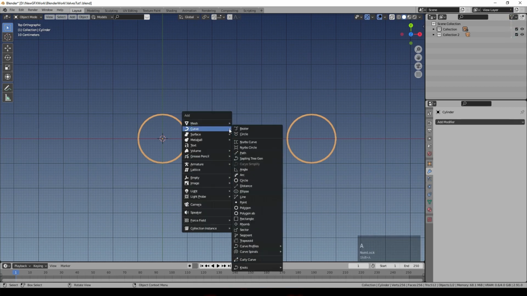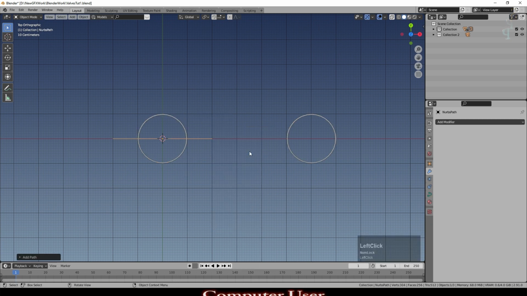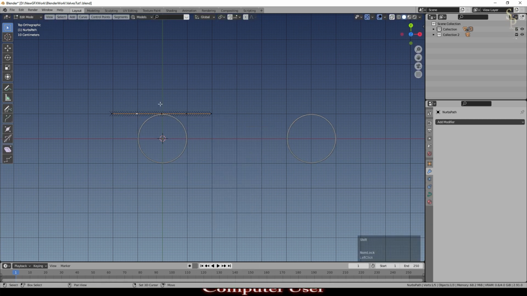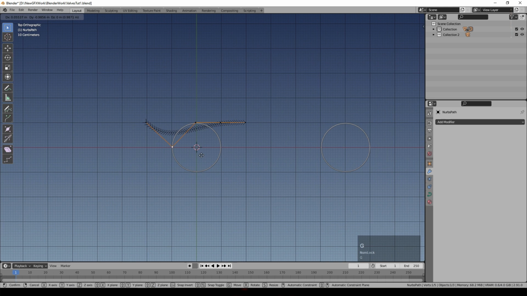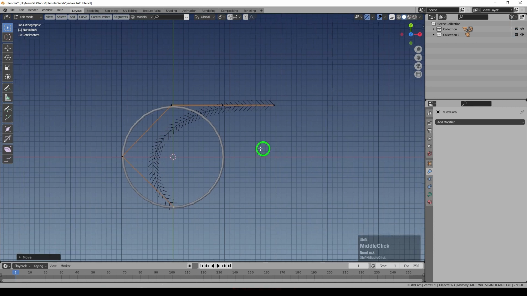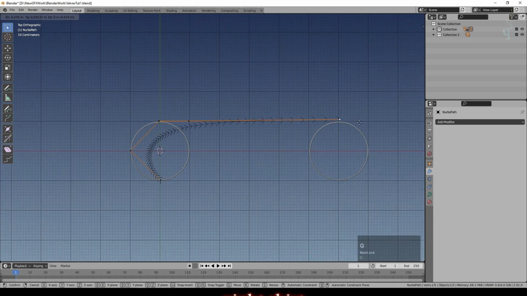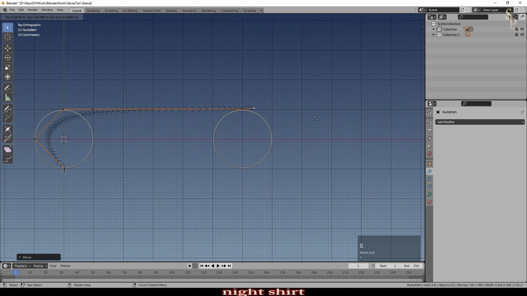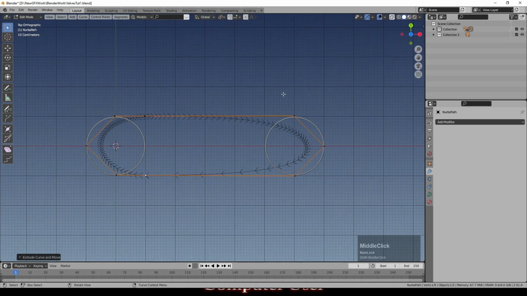Now I'm going to add a curve, which will be a simple path curve. I'll put that here, and we'll just select some of the points. To begin with, I'm just going to put very basic points like this. The curve obviously is not matching the cylinders yet, so I'm just going to drag that point off over here, and then E to add more points on the curve, and I'll add another one there as well, and then E and bring this one over to here. So obviously it doesn't match the curves at all.